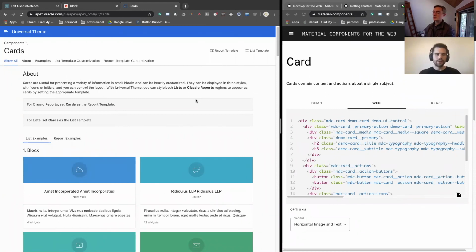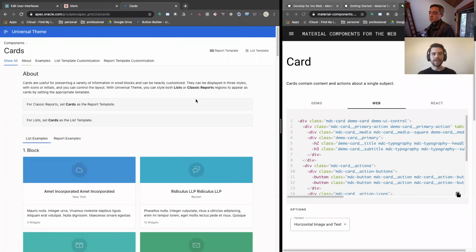So there's the tricky question, right? This is the source of an endless debate. I would just say that at the end of the day, it's a matter of taste. But it's also a matter of what your business requires you to build. All of what we're doing right now about how to integrate material into Apex is the fun part. But the most important part is the why. Why should you do this? And to me,